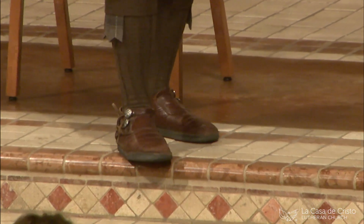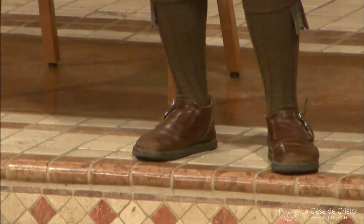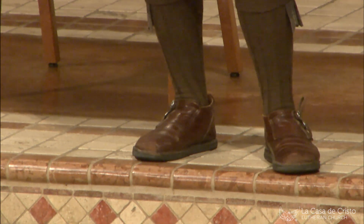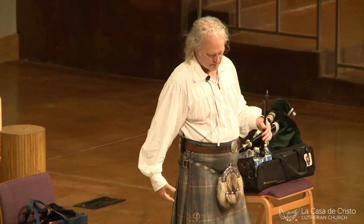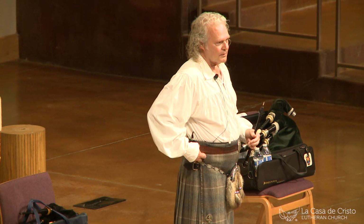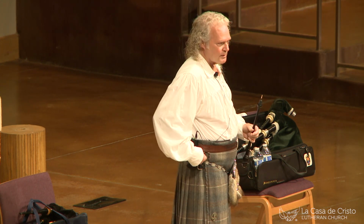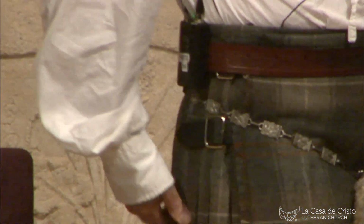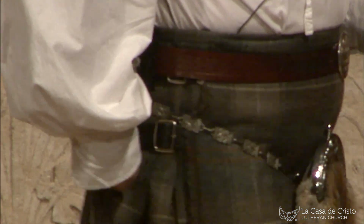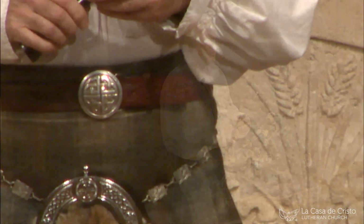So this outfit would be from the late 1700s or early 1800s. This type of kilt is called the little kilt, or the filibeg in Gaelic. It has the buckles and stuff sewn onto it. Pleats are sewn in the back. If you've seen Braveheart or Outlander or any one of those old historical films,